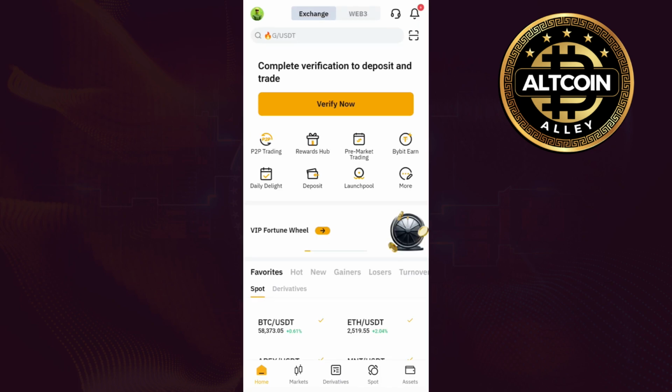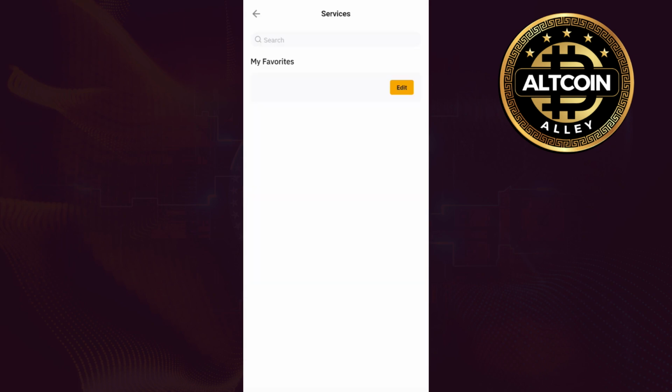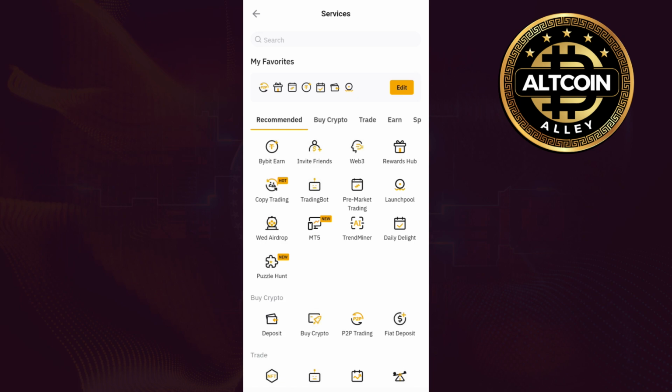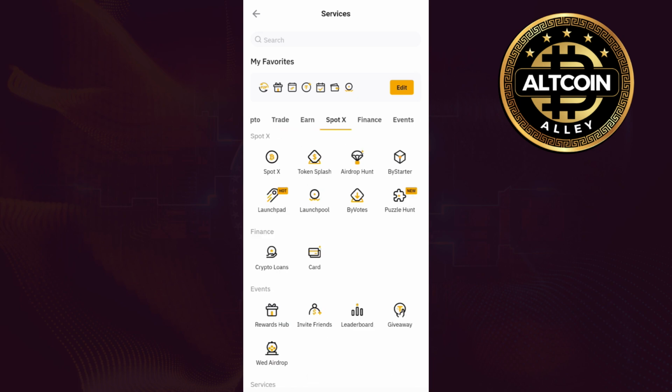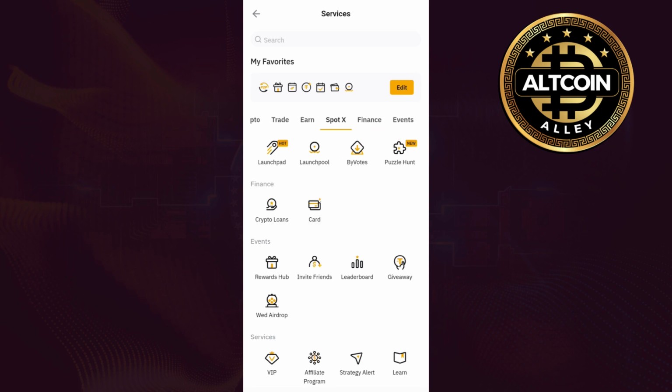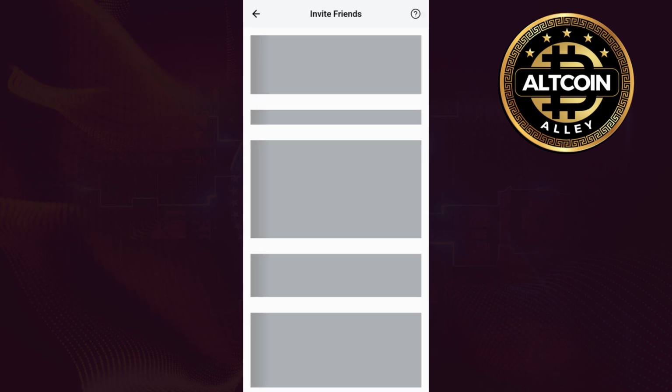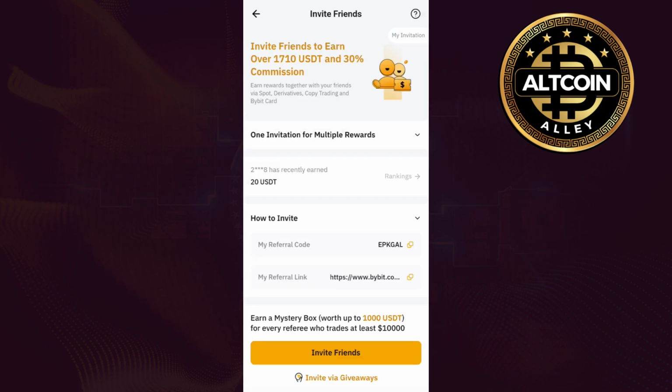For that, launch your Bybit mobile application and here on the home page you will be able to see this rewards hub tab. Now if you are not able to find it here, then tap on the more option and here you just have to go to the earn section. Now in the earn section you can see that we have the rewards hub option as well as the invite friends option. So if you tap on the invite friends option, you will be landed on this page